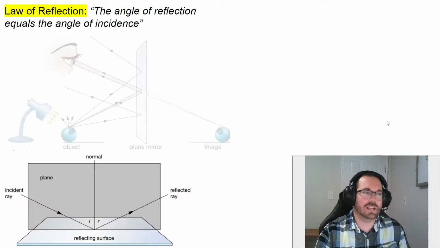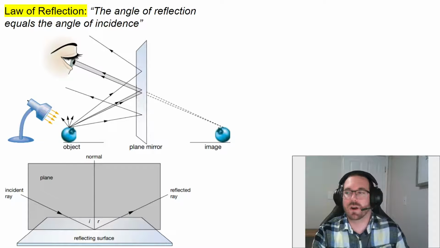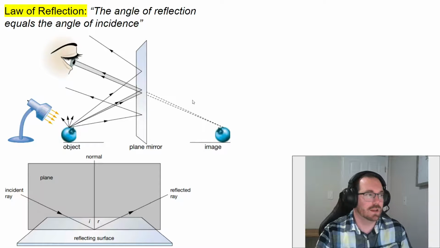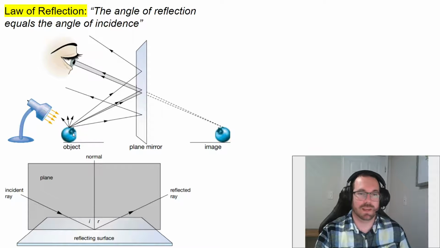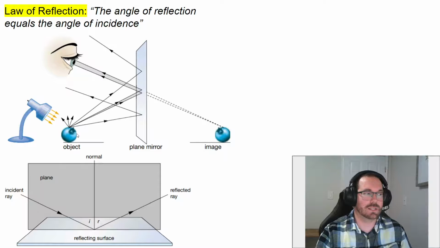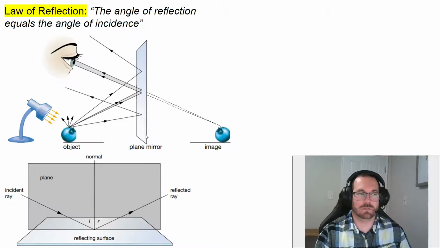Well, this is another interesting way that things work. Now, this is a bit more of a complex diagram here, but if we take a look, we have a light source on the side that is hitting a particular object. In this case, we have a blueberry. And as it hits that object, rays of light bounce off that object all over the place. This is reflection. As some of those rays bounce off, they might bounce into a plane mirror.